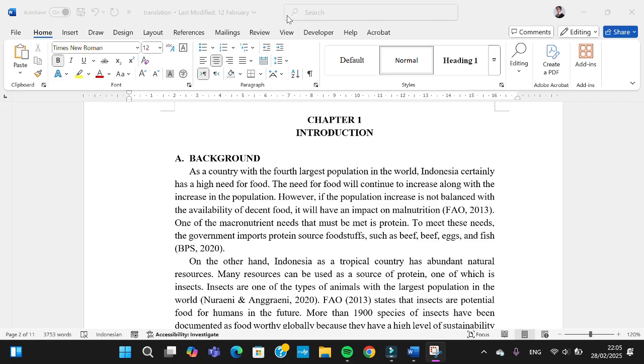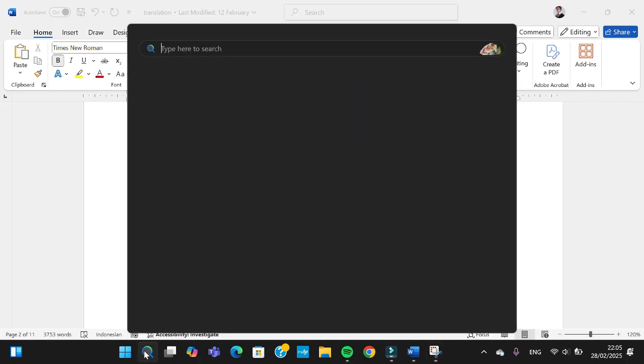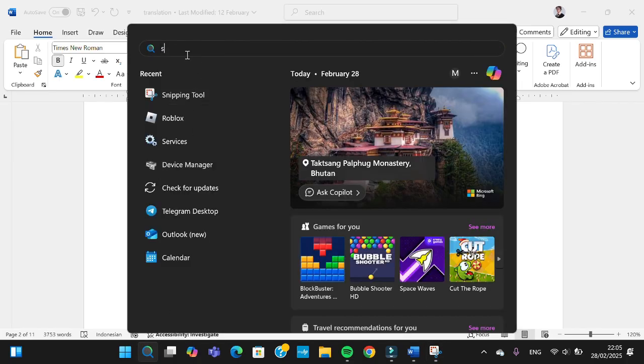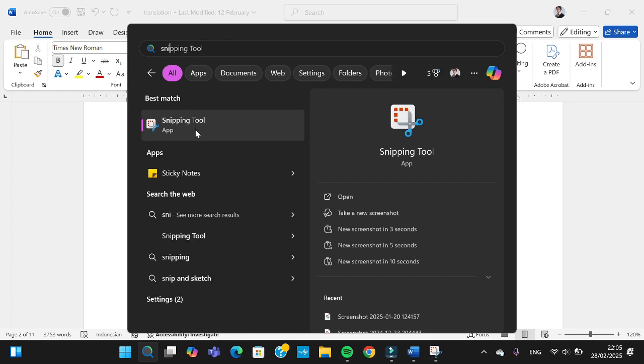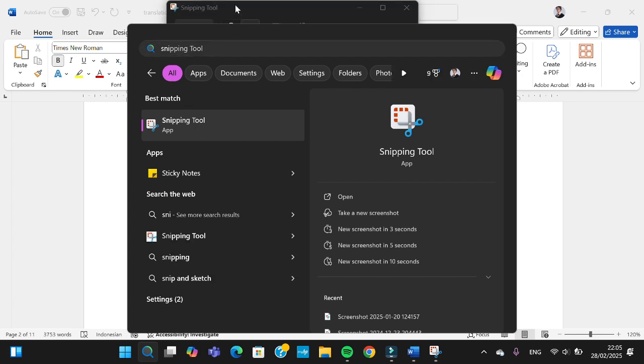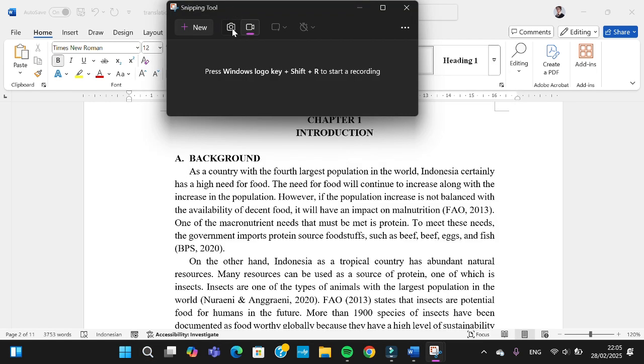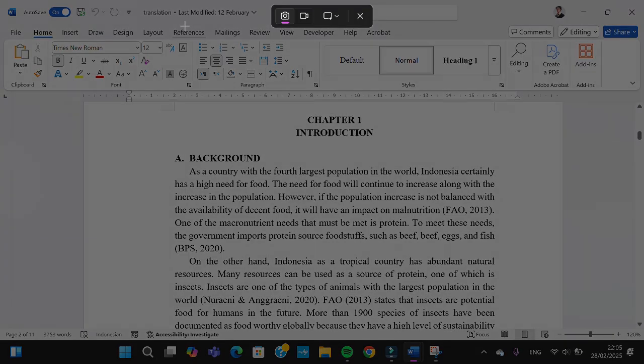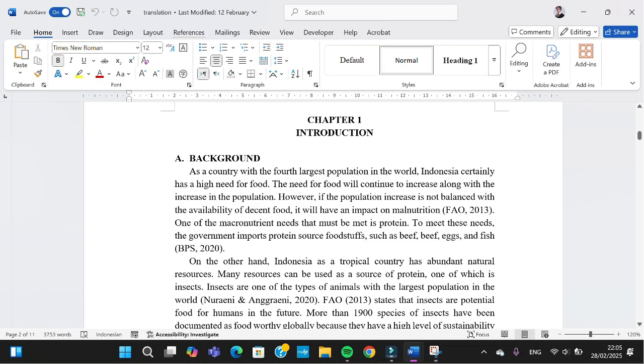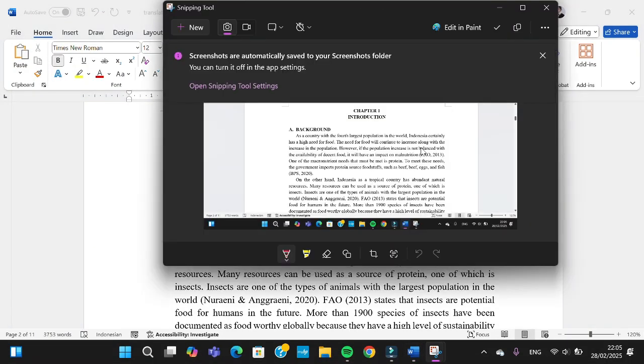of this document. So if we want to take a screenshot, we can use the Snipping Tool. We can go to the search menu and then you just need to type in Snipping Tool like this, and we're going to use Snipping Tool to take the screenshot. You can select the camera icon and select New, and then you can choose the area you want to take